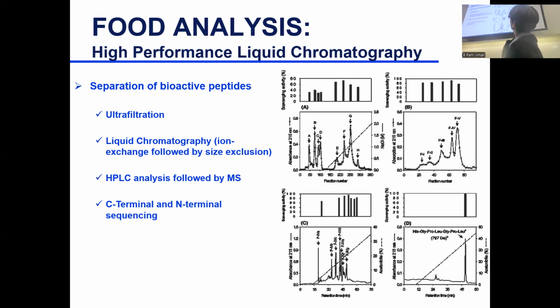And you determine the fraction, G or F, that has the highest bioactivity or antioxidant activity. You take that fraction and you run it on ion exchange. Now you are separating based on charge. So those peptides that have the same size are now separating based on charge. You get the fractions, you measure